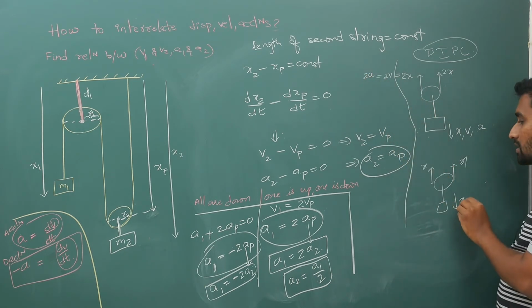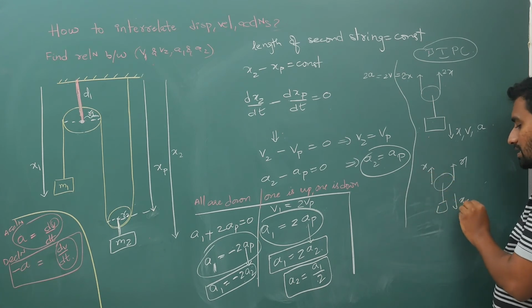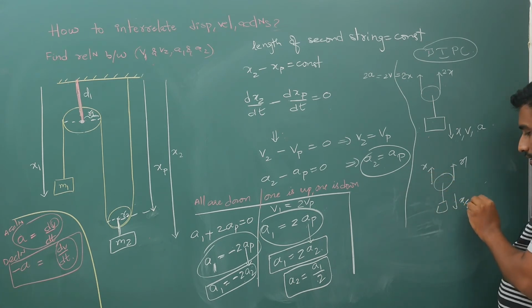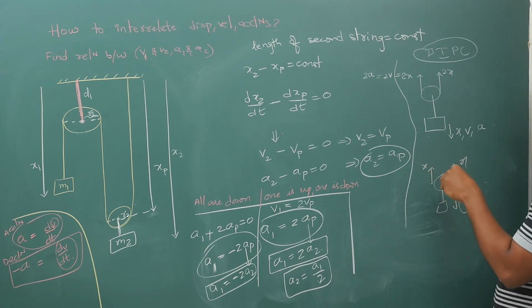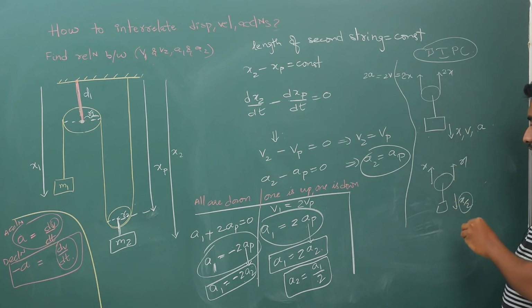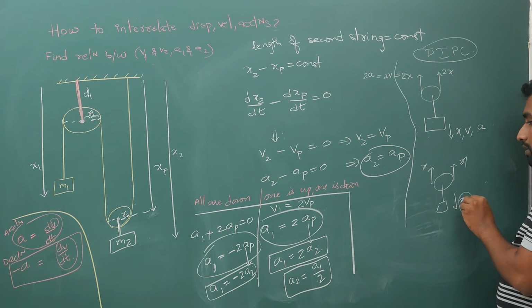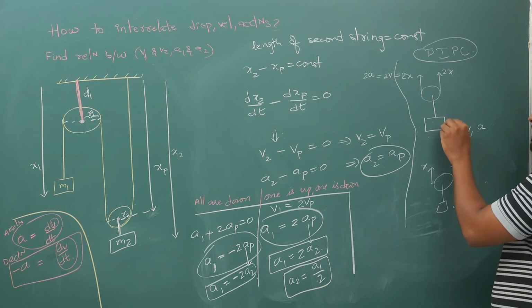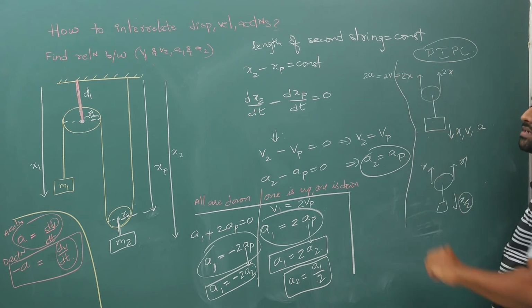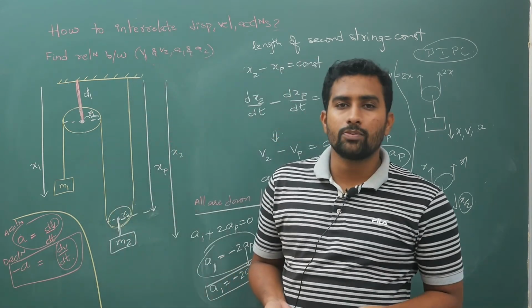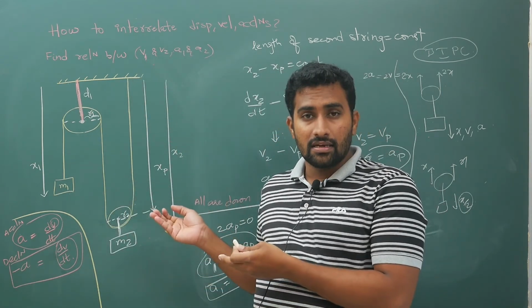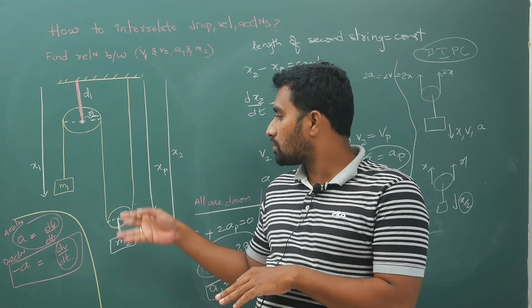Or else what they will do is, if this block is having x, they will say half of this. Okay, bottom part is half of single part, double part. So remember this. If this comes down by x by 2, each part of this will move by a distance of x. Or if this comes down by x, each part of this will move double, 2x. Okay, how, like this. Now what you are supposed to do is take this and substitute back in the problems to give the answer.